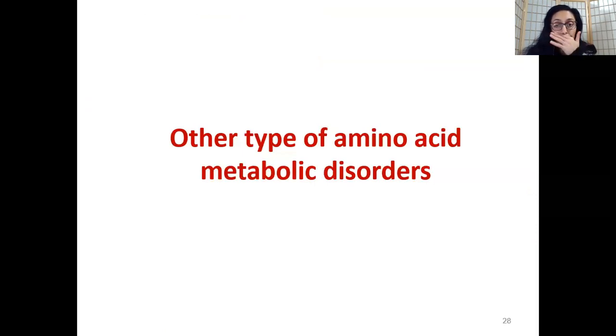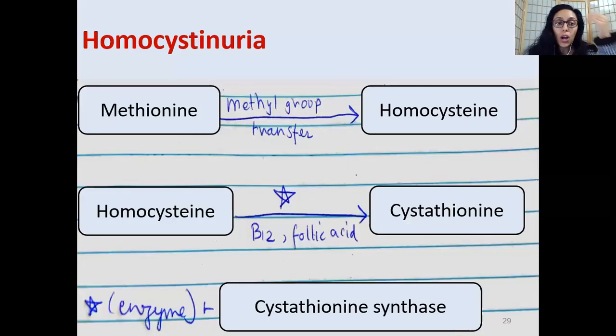Okay, so yes, now there are other amino acid metabolic disorders. As I said, there are even fatty acid disorders. I'm not going into that, otherwise your brains will get fried. Okay, so let's not do that with you. But let me just touch base upon various other metabolic disorders related to amino acids, because our focus has been, say, protein. All right, so yes, then you have homocystinuria.